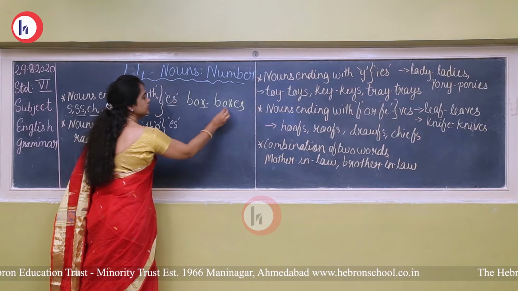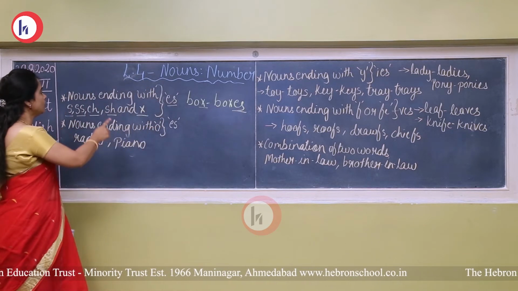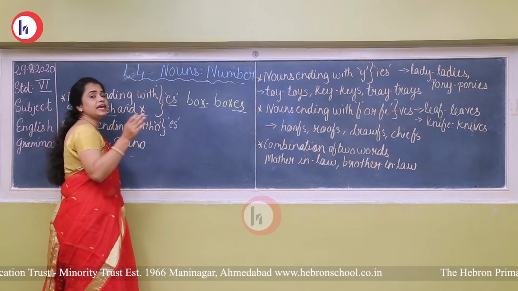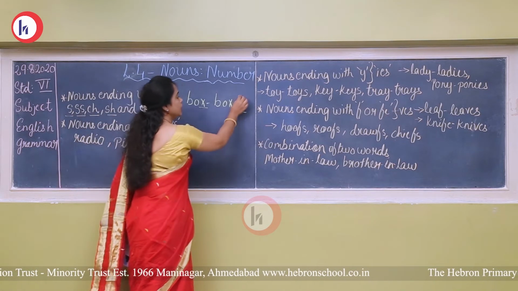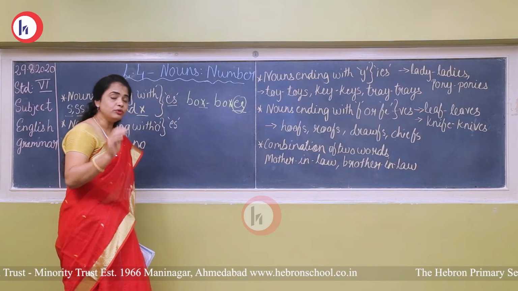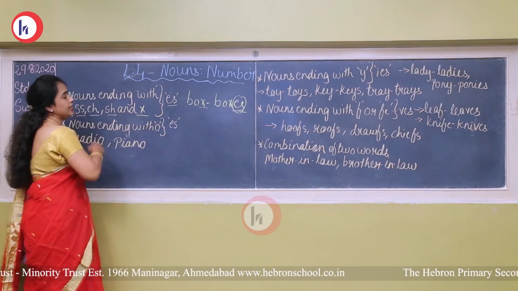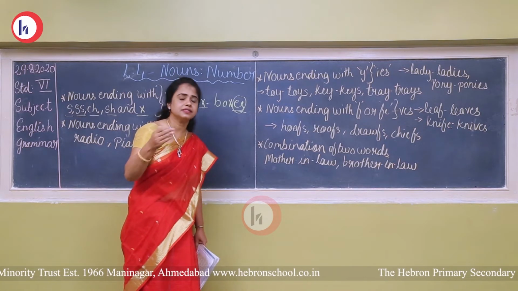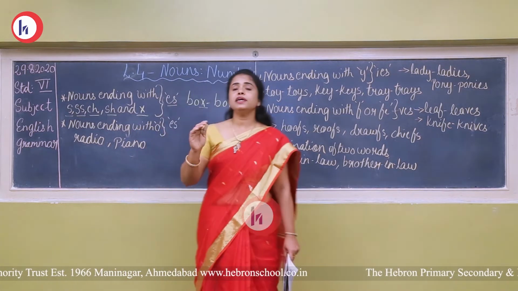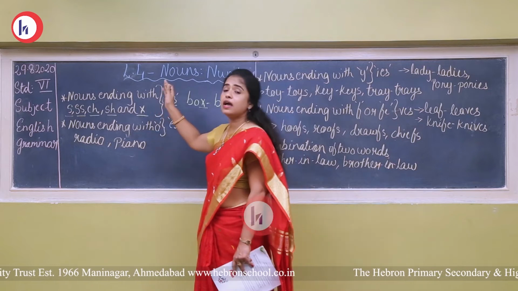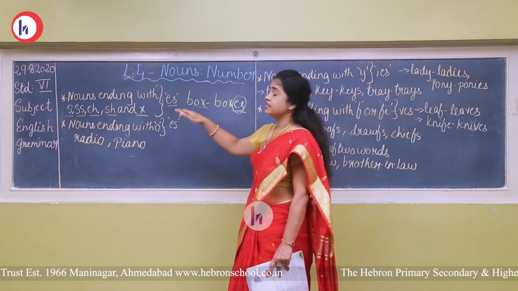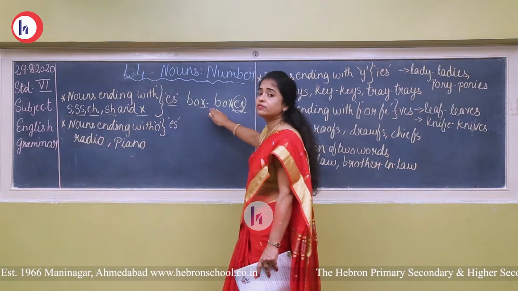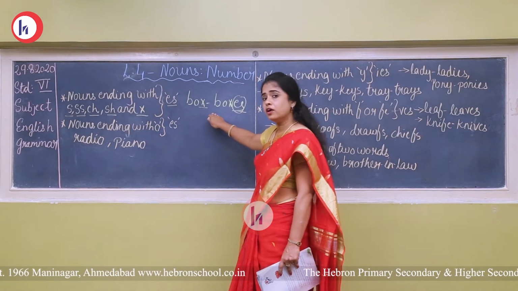It was ending with X and you put an ES. For SH, for example, we can take bush. The word bush ends with SH, so again you will put an ES. So it is bushes. Then class, CLASS. Again you put an ES, so the plural form is classes. So you should remember this rule, rule number 1: if the noun ends with S, double S, CH, SH or X, then you put an ES at the right-hand side of that noun, and your plural is formed.